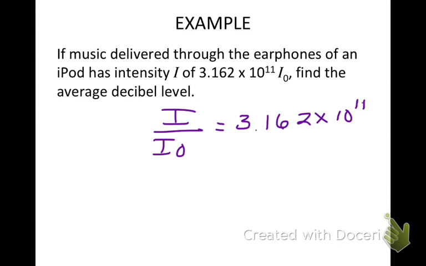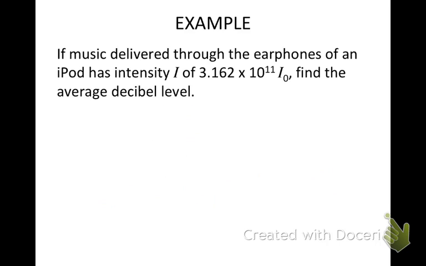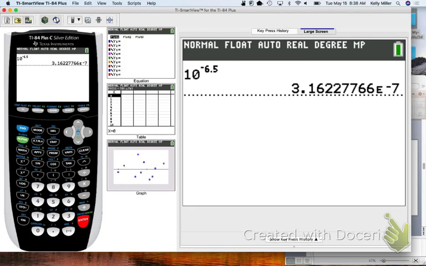So to find our decibel, we're taking 10 times the log of that number. So 3.162 times 10 to the 11th. Now I've got to do some button crunching. There is a way to do scientific notation on our calculators, if I remember correctly. How do I do it? There it is, EE. I see the double EE. So if I want to type it in on my calculator,